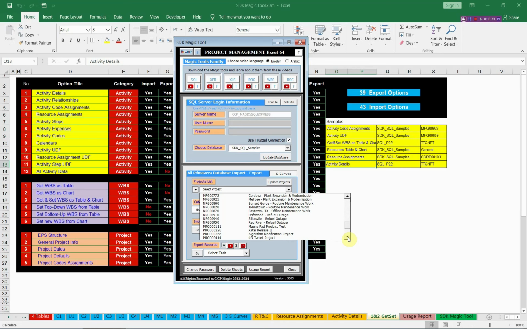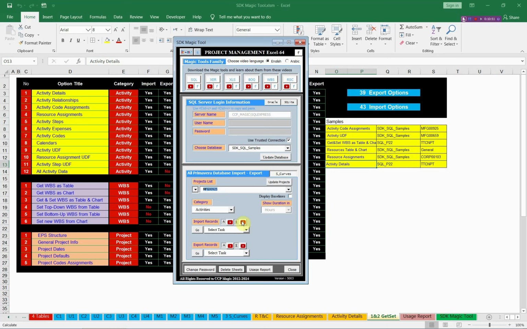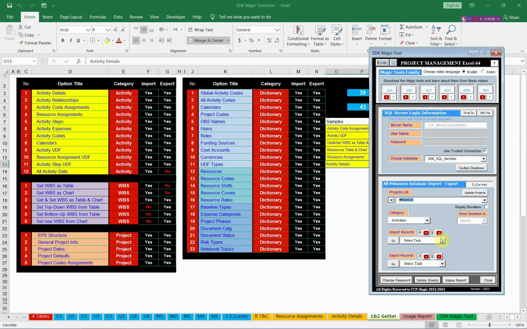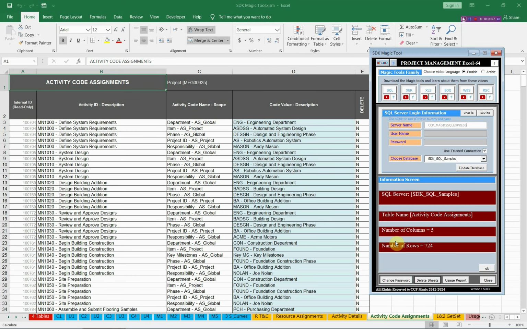It has the code assignments, MFG 925, this project, and select the main category activities, and from activities select the activity code assignments. As you see, this project has more than 700 activity code assignments, and these are the details of these assignments,